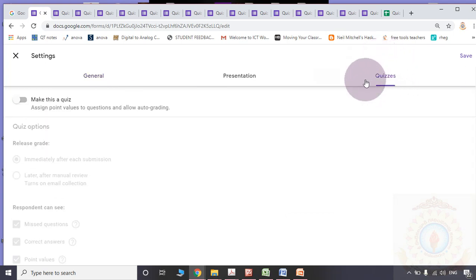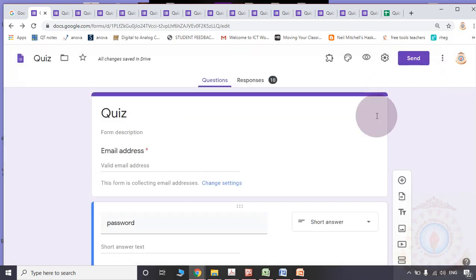If you are converting the same form to conduct a quiz examination, how to set the questions and how to give the points for each and every question, even how to send a certificate after submission of the examination, how to use the timer, how to fix the time also whenever they are attempting that examination. Those things I want to cover in the next session.